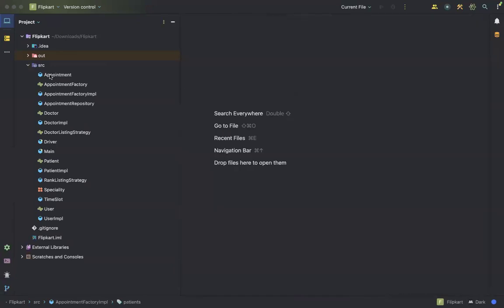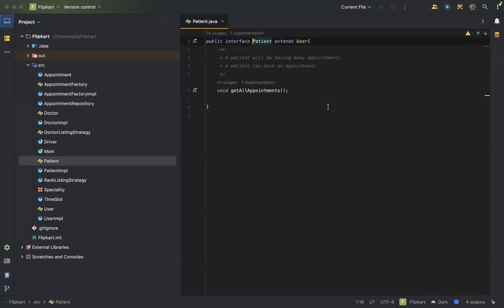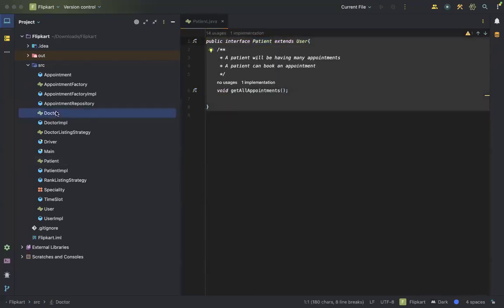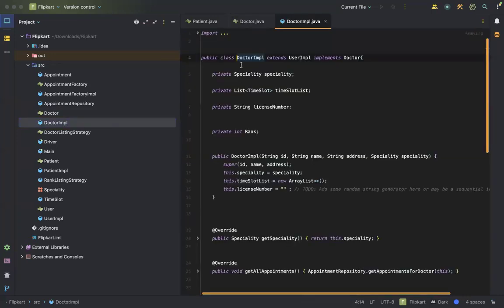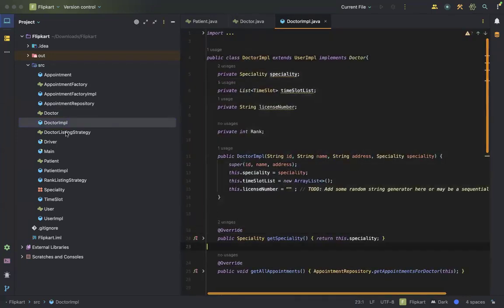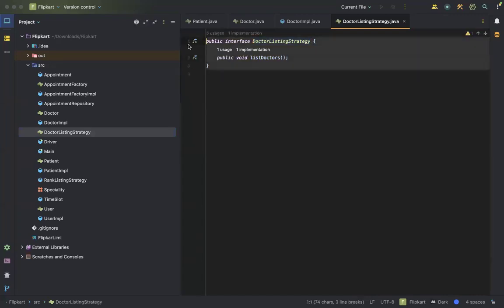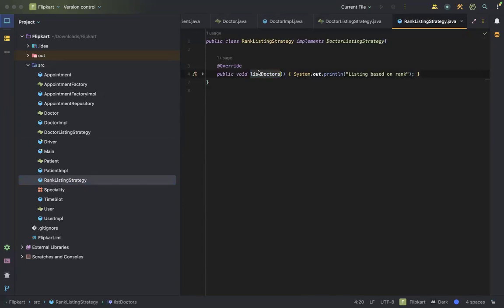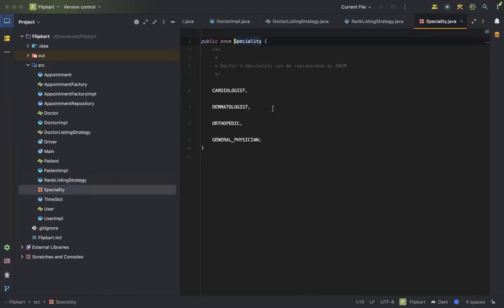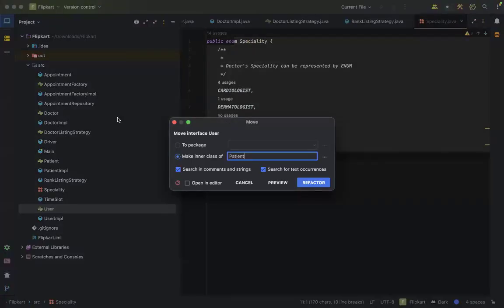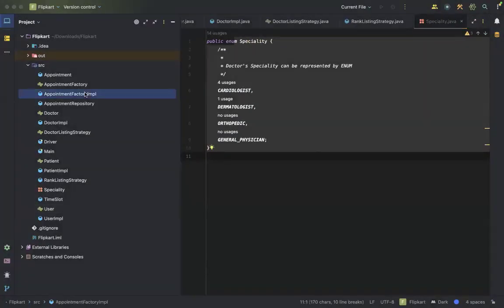मैं तुम्हें पूरा प्रोजेक्ट कोड दे नहीं रहा हूँ, क्योंकि उन्होंने मना किया था किसी और से शेयर करने के लिए, क्योंकि शायद हायरिंग सीजन में यूज कर रहे होंगे। बट मैं तुम्हें दिखा देता हूँ तो तुम देखोगे। तो एक पेशेंट की इंटरफेस बनाई हुई है, डॉक्टर का ऐसे इंटरफेस बनाया हुआ है, डॉक्टर के इंटरफेस की इम्प्लीमेंटेशन ऐसे बनाई हुई है उसकी क्लास बनाने के लिए। जो स्ट्रैटेजी पैटर्न मैं तुम्हें बता रहा हूँ, ये देखो, स्ट्रैटेजी पैटर्न के लिए बनाया हुआ है, डॉक्टर लिस्टिंग स्ट्रैटेजी। ठीक है। रैंक लिस्टिंग स्ट्रैटेजी, इसमें लिस्ट डॉक्टर्स का मेथड है। ठीक है। इनम क्लासेस बनाई हुई है, देखो पूरा प्योर जावा से लिखा हुआ है।